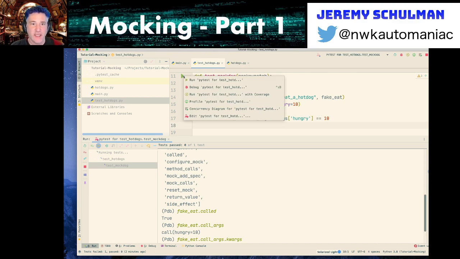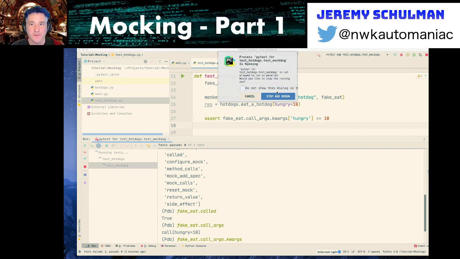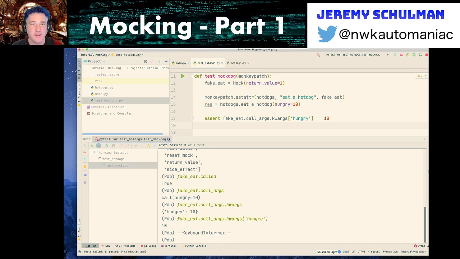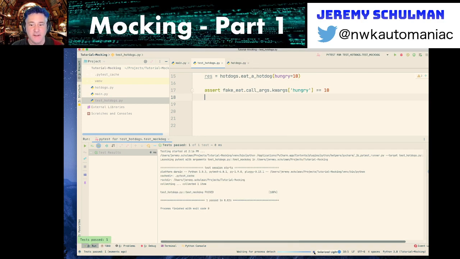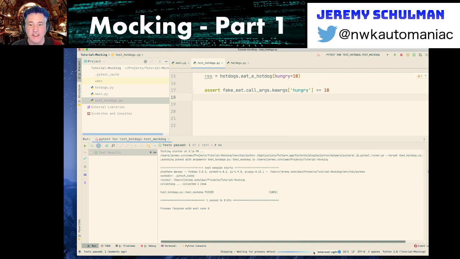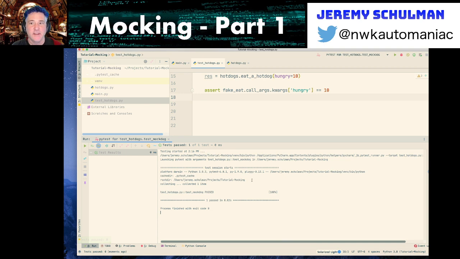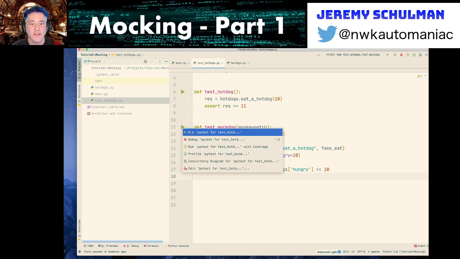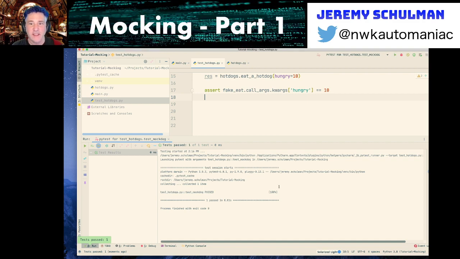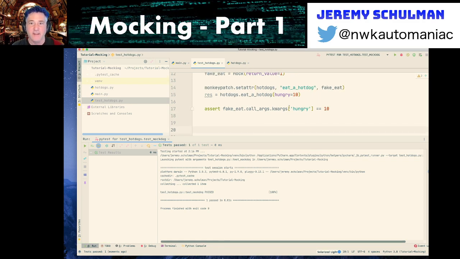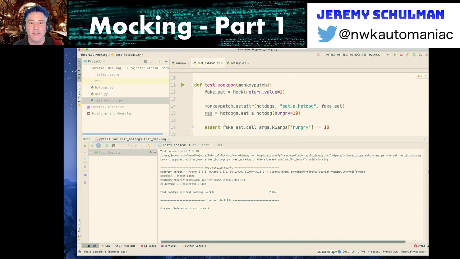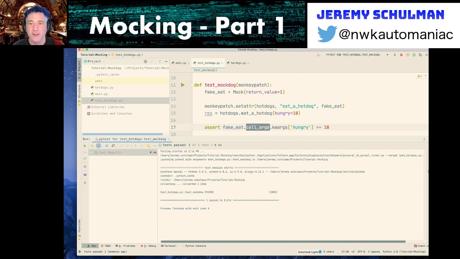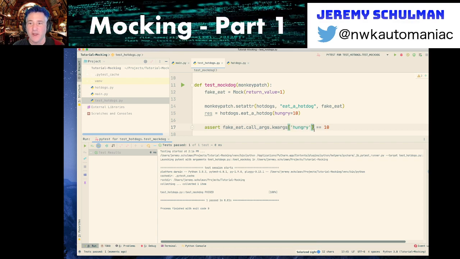And if we run that, let me close this so it stops the detach process. Okay, and I'll just close this and run again. What we can see is that this passed, right? So this is basically saying my mock object was called with a keyword argument hungry with the